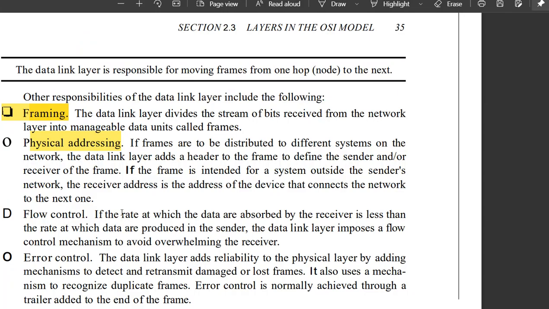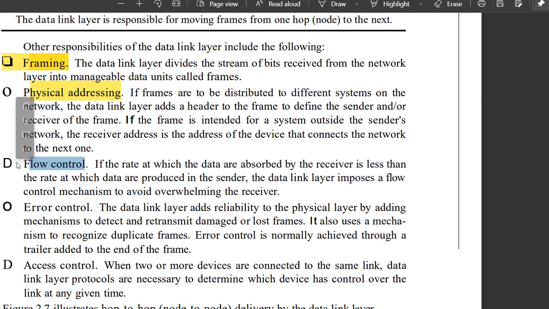Flow control. If the rate at which the data is absorbed by the receiver is less than the rate at which the data is produced by the sender, the data link layer imposes a flow control mechanism. It means that if 10 frames are moving in 1 second, the receiver also has to receive all 10 frames. If the receiver receives only 3 frames in that second, that is not good.